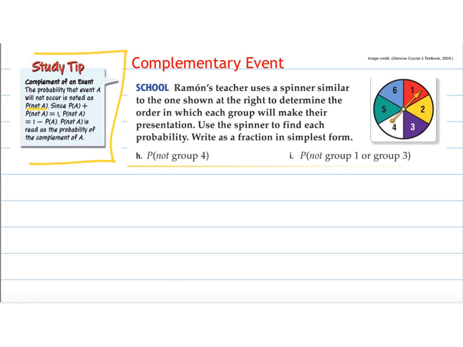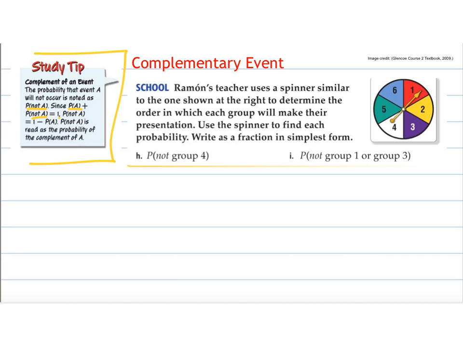What we know is that the probability can only be 100%. Something's going to happen or it's not going to happen. It's going to rain or it's not going to rain. And so on this spinner here, as you can see, it's 1 through 6. I'm going to get a 6 or I'm not going to get a 6. Right? Things are either yes or no. So probability is always going to go up to 1 or 100%. So you can do some adding. The likelihood that an event will happen and not happen will be 1.